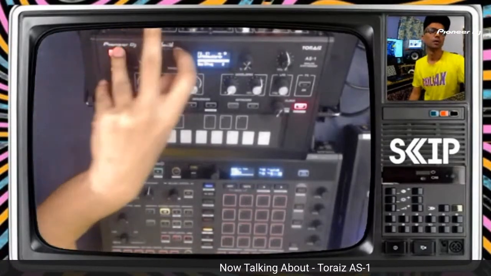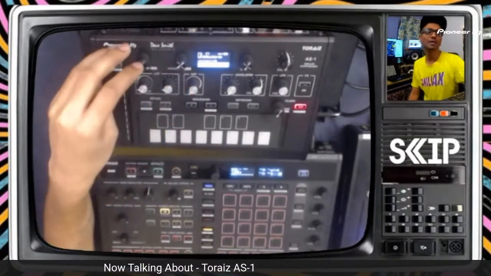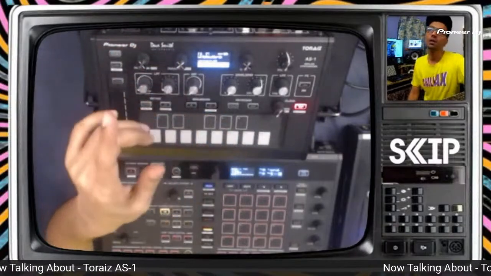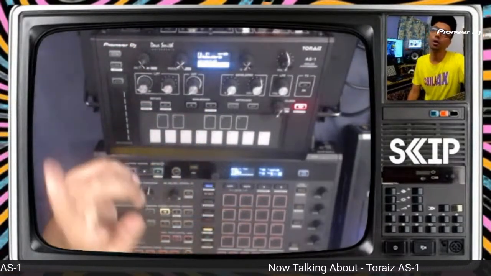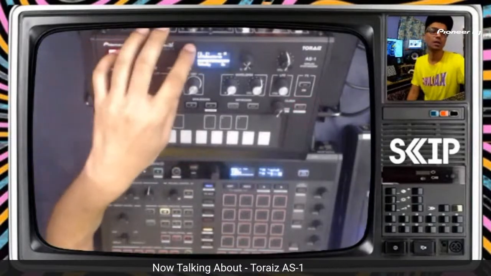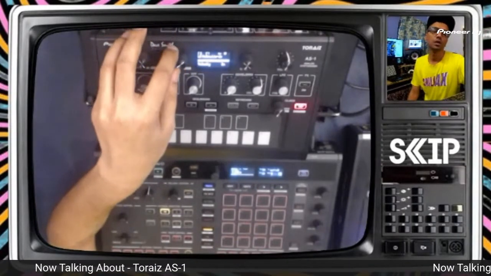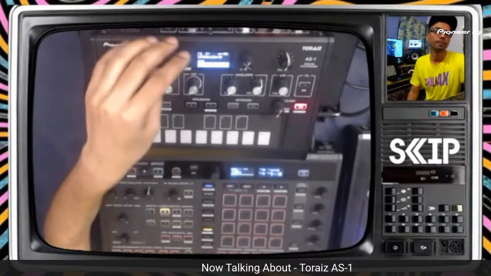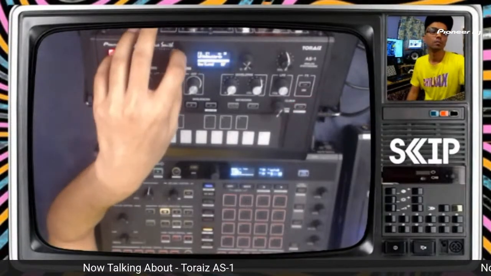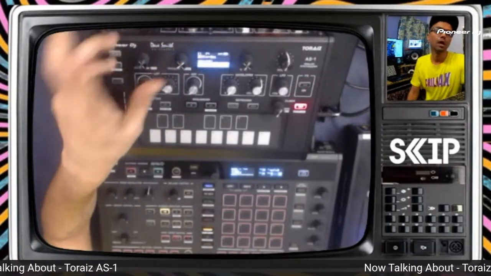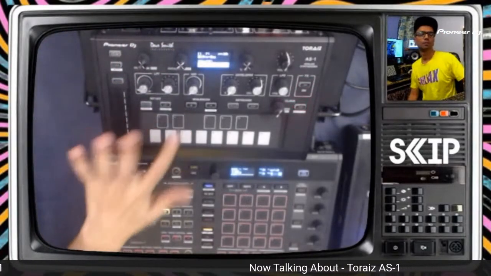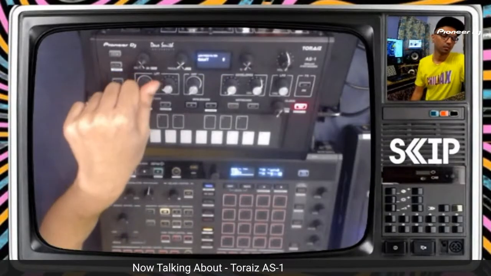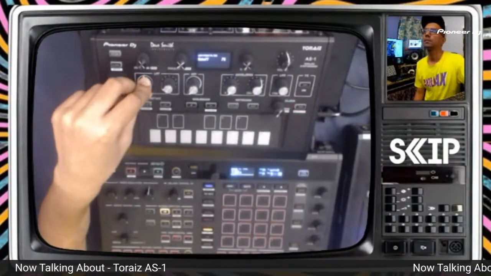Initially, F1 and U1 and all the other ones are just exact copies of each other, so you start overwriting them with U1, U2, whatever. Actually, Kink had released a user bank for the AS1, so you could just download it from the Pioneer website and push it into the AS1 for the user bank.